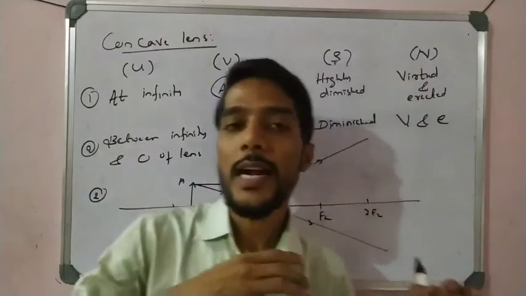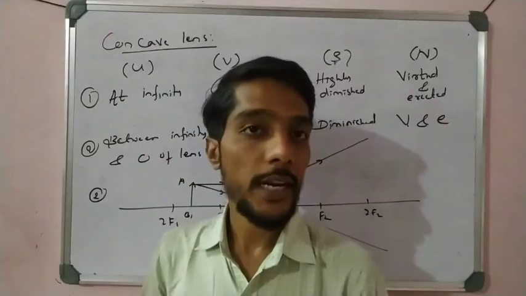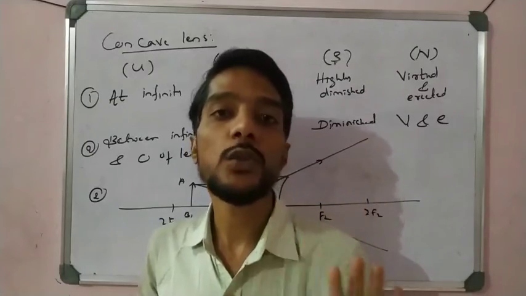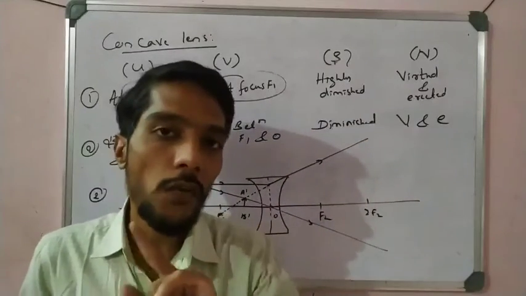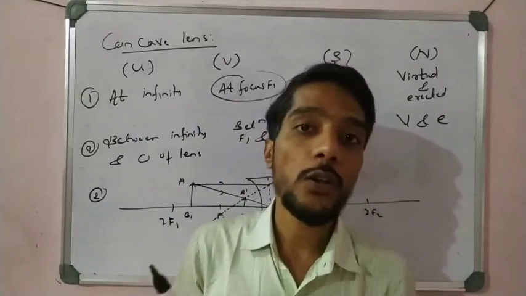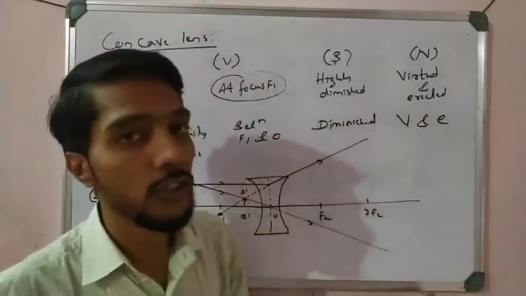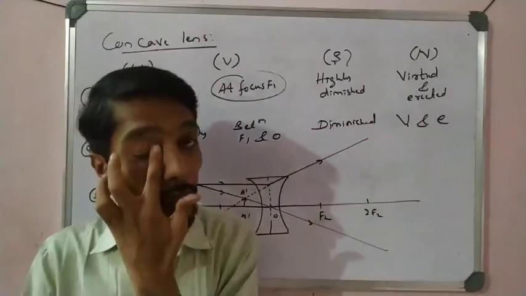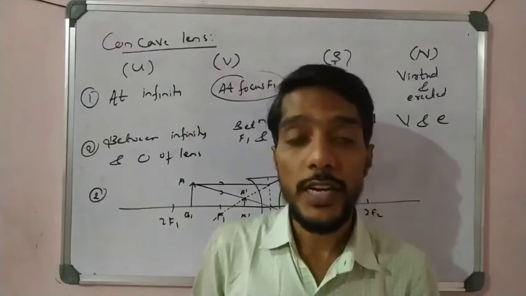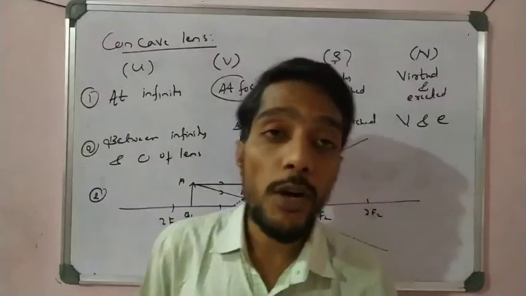So in that case we learned the very important concepts of convex lens and concave lens, right? The convex lens can form real images as well as virtual images, but the concave lens always forms virtual images. In every condition, only virtual images. So that is very important: real is inverted, and virtual is always erect. That is a very important point you have to remember.